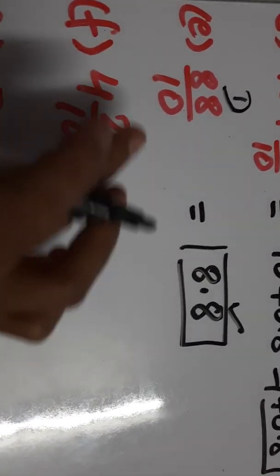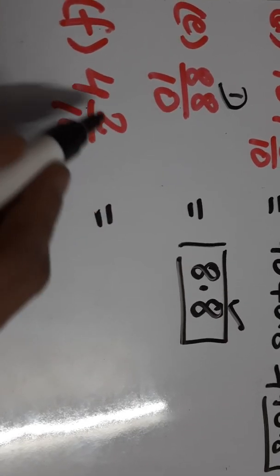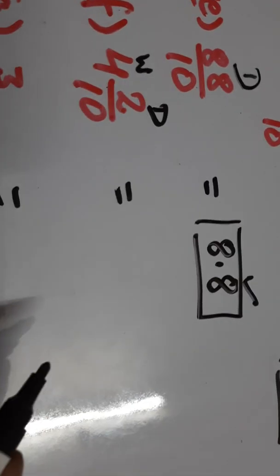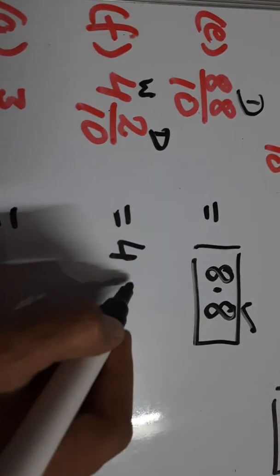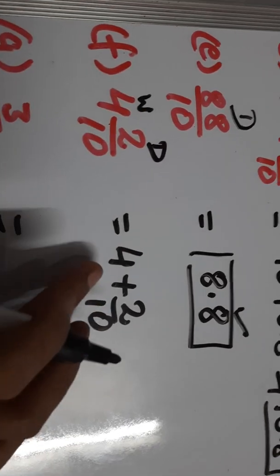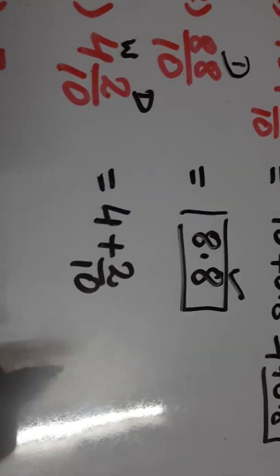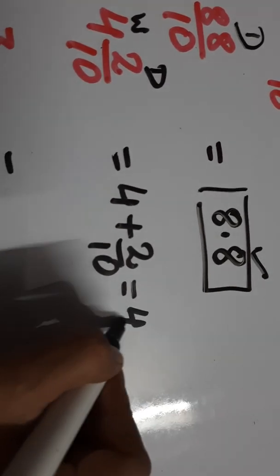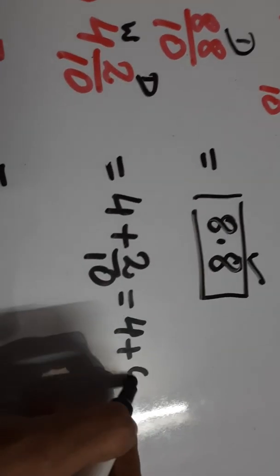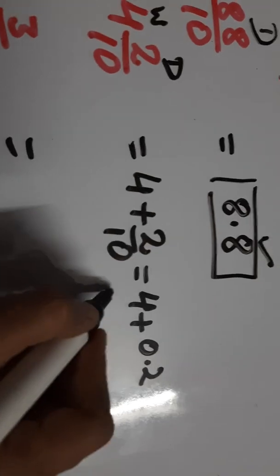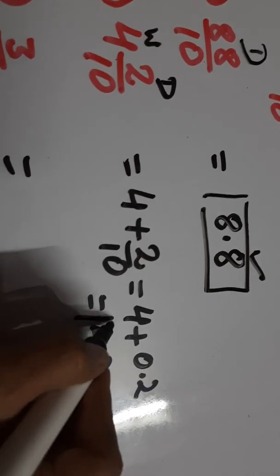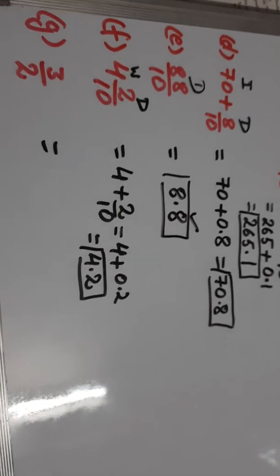Now the question is given to us in mixed fraction, 4 2 by 10. Dear students, this is the whole number and this is the decimal part. So we can write it as 4 plus 2 by 10. 4, which is the whole number, we'll write it as 4 plus 2 by 10. So let us convert it into 4 plus, for this 0, place the decimal here. So we'll get 0.2. So 4 plus 0.2 is 4.2. 4 plus 0 is 4.2. You know how to add them? I told you how to add them.